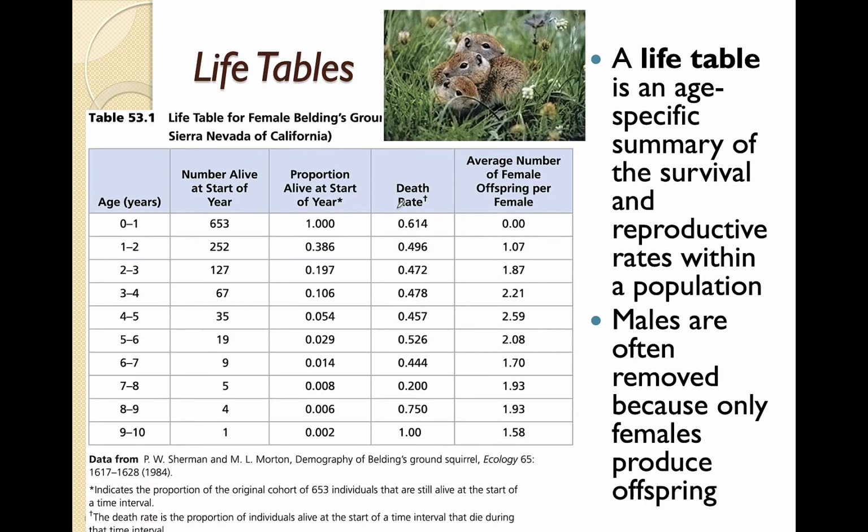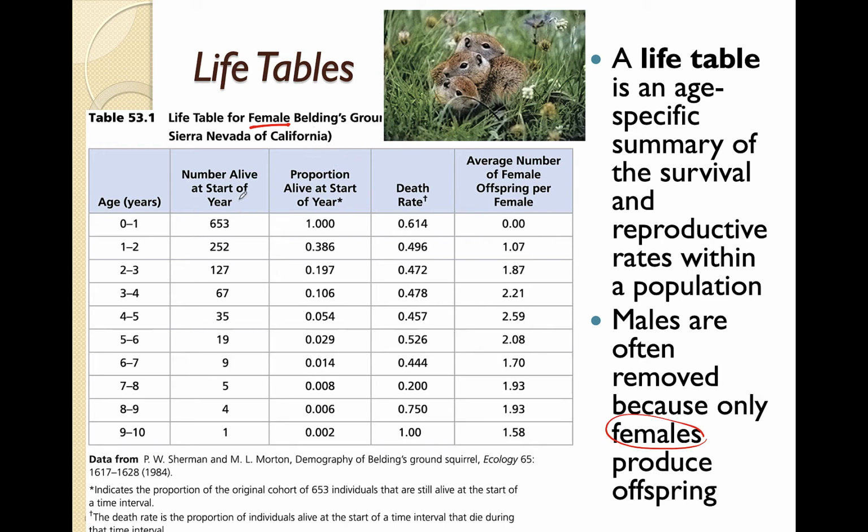So a lot of times when we look at animals, what we like to look at is their reproductive rate and their survival rates, because those are going to tell us how many births there are and how many deaths there are. So this is something called a life table, and a life table is typically going to only look at females. So for example, this is only looking at female